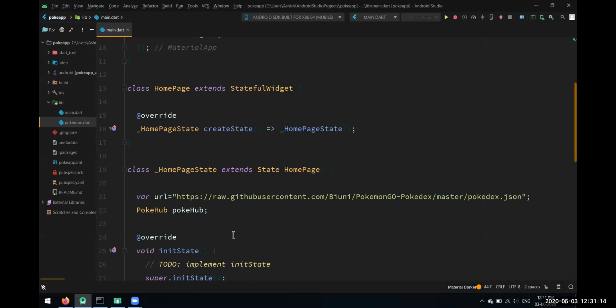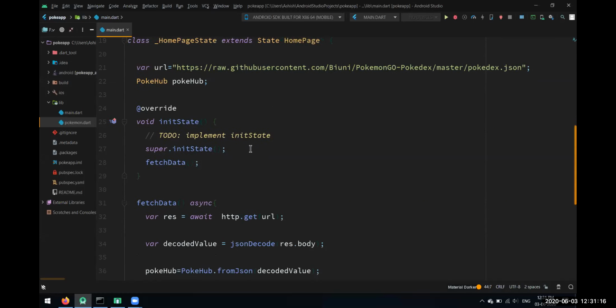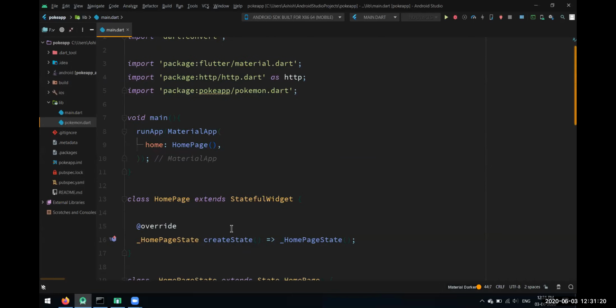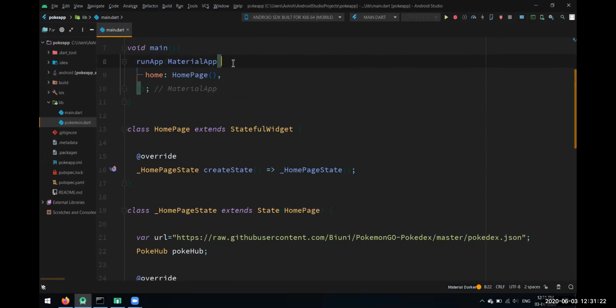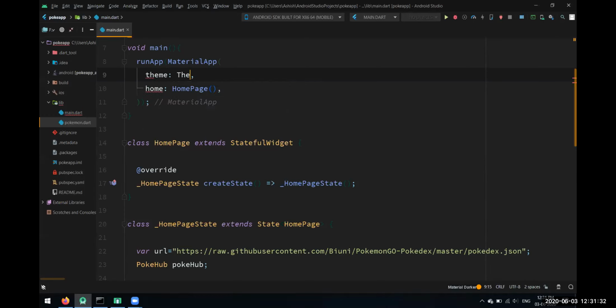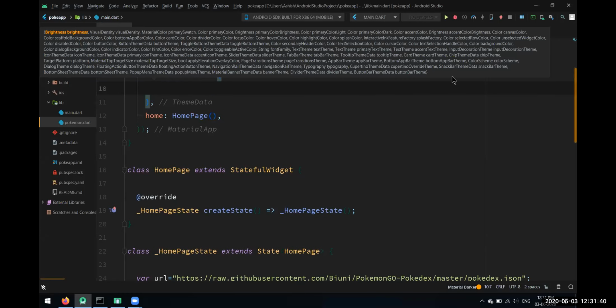So if you want to change that, you can go inside this homepage, the Material app, and here you can define its theme. Here we have this theme data. Inside theme data we can define various kinds of things. See how many properties there are in this theme data class.